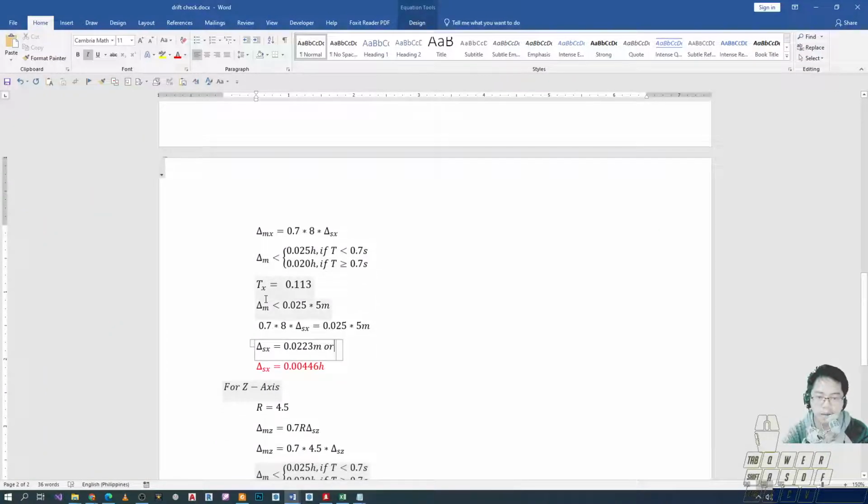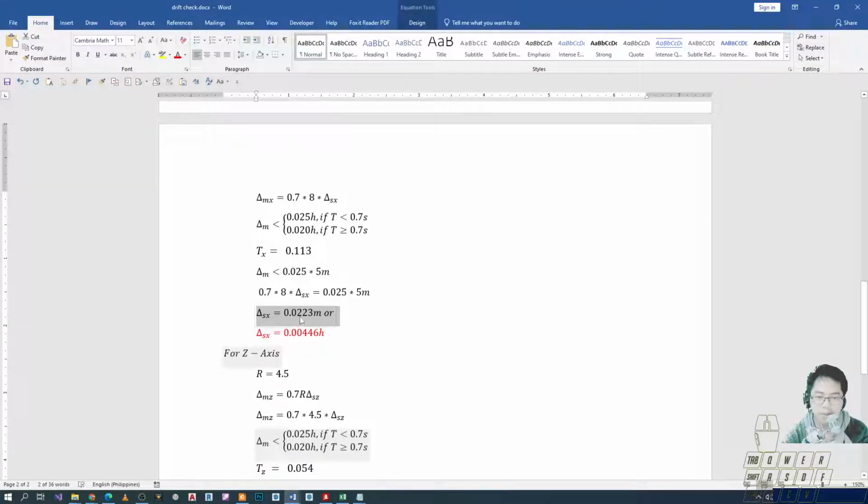Right. So, ang case ngayon dito is kukunin natin yung delta M, no? So, yung delta M gamit yung formula na to is 0.025 times H. Equate natin yung value ng M na to dun sa original na MX natin dito sa taas. So 0.7 times R times delta S is equivalent to yung value ng delta M dito. Let's just eliminate yung less than. So pwede nating sabihin na equal. So yung delta S natin dito will be 0.0223